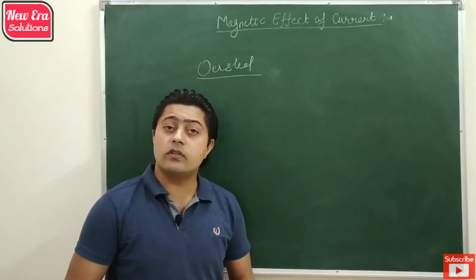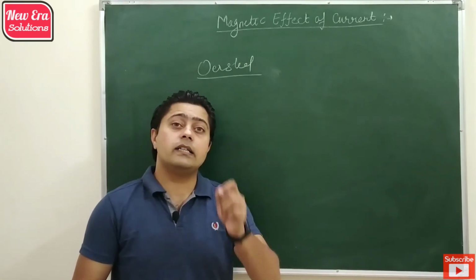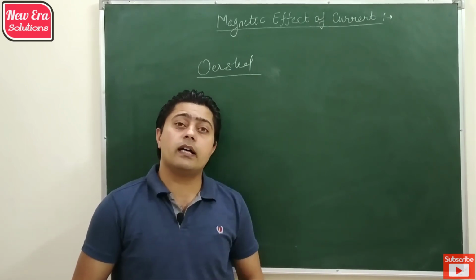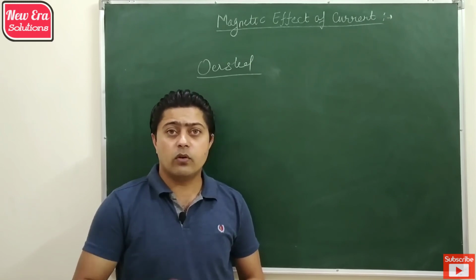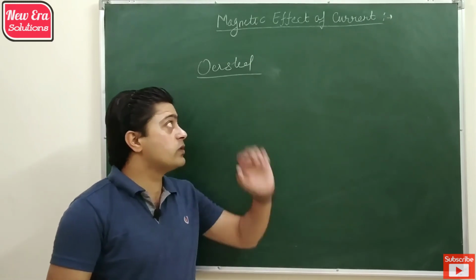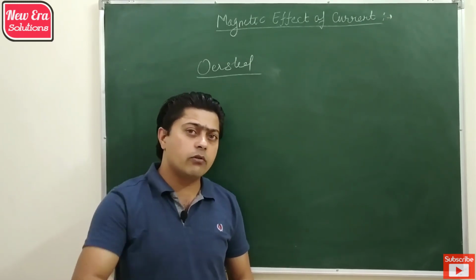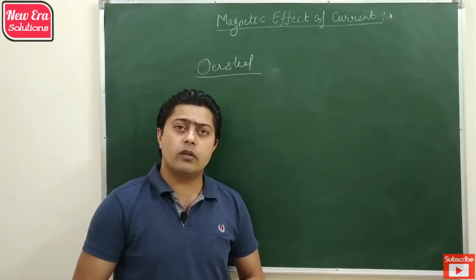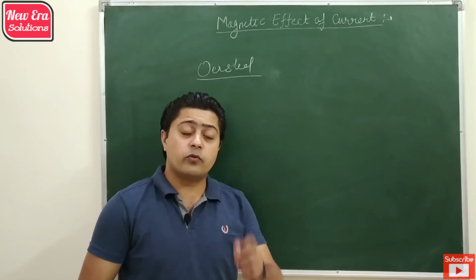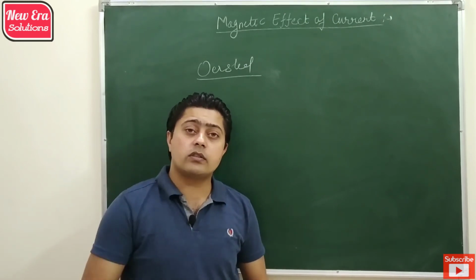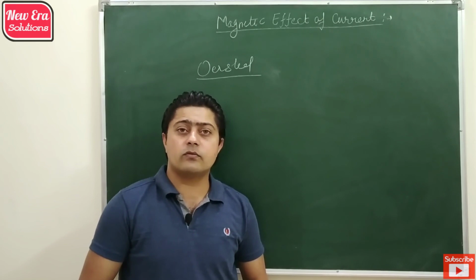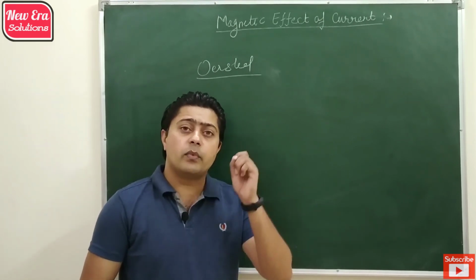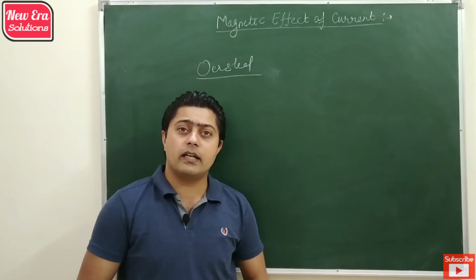So the next thing which is required is to find the value of that magnetic field which is produced by a current carrying device. Because if a current carrying device produces some magnetic field, then we have to calculate its magnitude or direction when it is exerting on any other object. So for that we use Biot-Savart's law, which helps us to find the magnitude and direction of magnetic field produced by a current carrying device.